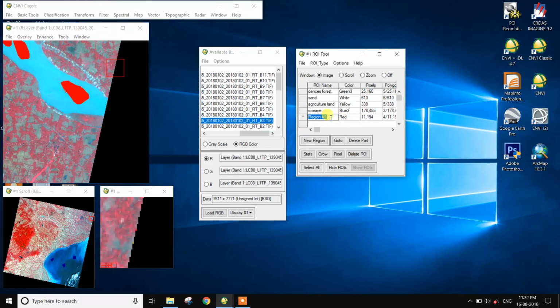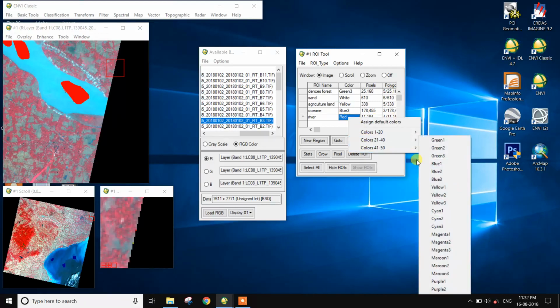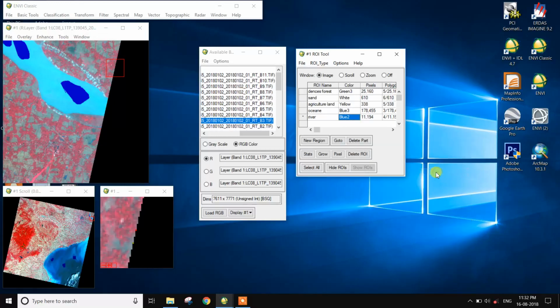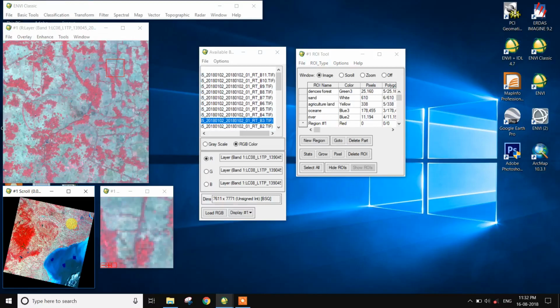So name change to river, and color change to blue. New region, and next is the